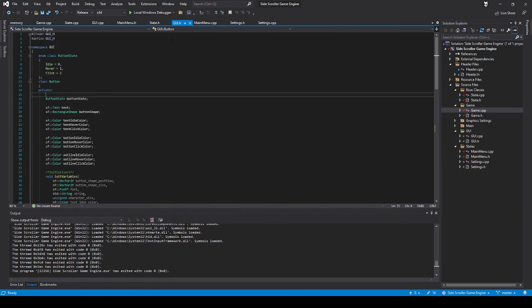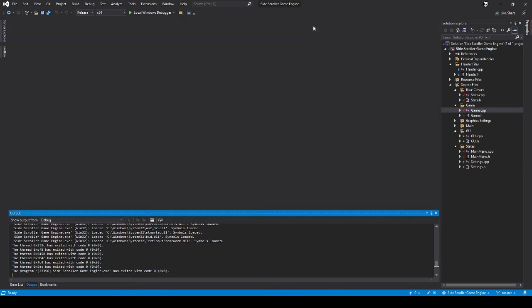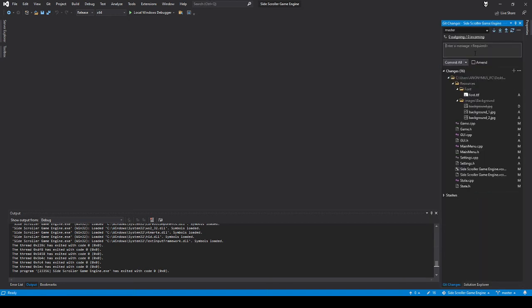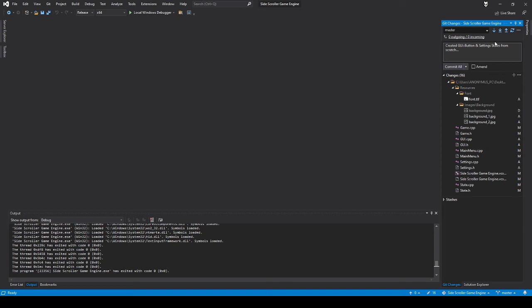Okay, so these are all the private. Excelente. All right, so what we'll do here, go to commit and stash. We'll say created button, or actually create a GUI button and settings state from scratch. That's like the big thing we did. Okay, so that came from scratch. So let's just take note. All right, so now we'll do